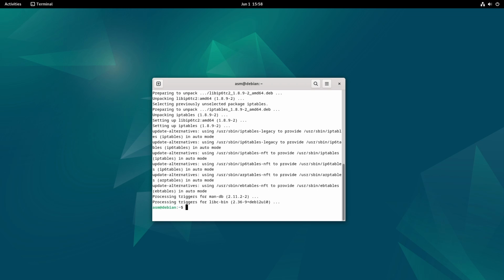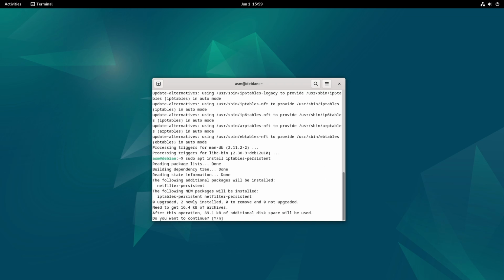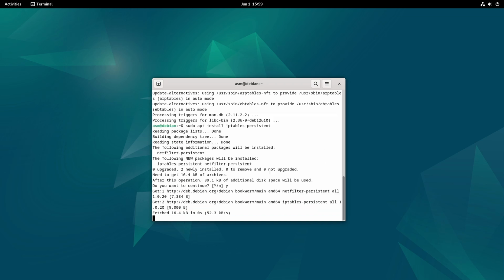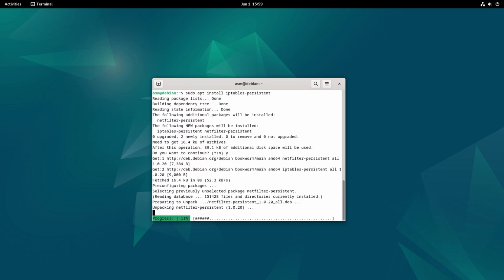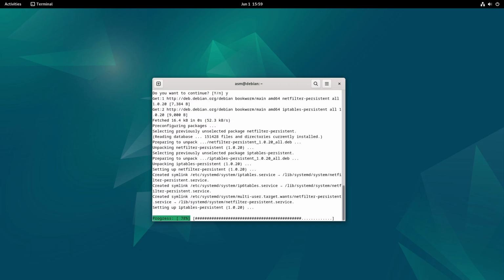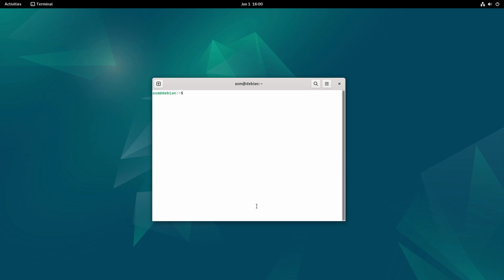Persisting rules with iptables-persistent. Recommended: the iptables-persistent package automatically saves your firewall rules in /etc/iptables/rules.v4 for IPv4 and /etc/iptables/rules.v6 for IPv6 and restores them at boot. During installation, you'll be prompted to save your current rules. If you prefer, you may also manually save rules later using